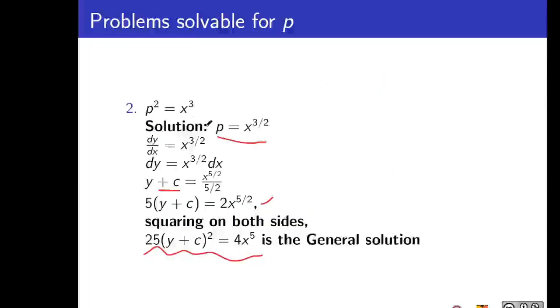Moving on to the second problem. Second problem states solve p square equal to x cube. There is no y term, and there is no p linear term or constant term which is not having any x term. So you directly do this by just taking the square root. You get this p as x power 3 by 2, and it's an easily integrable function directly without talking about any factors.